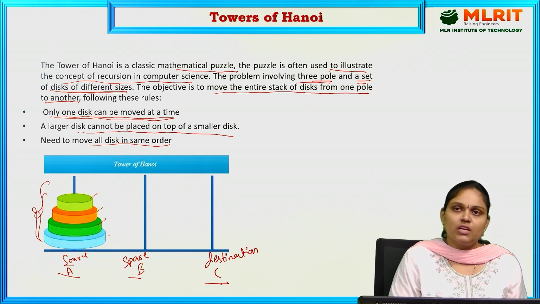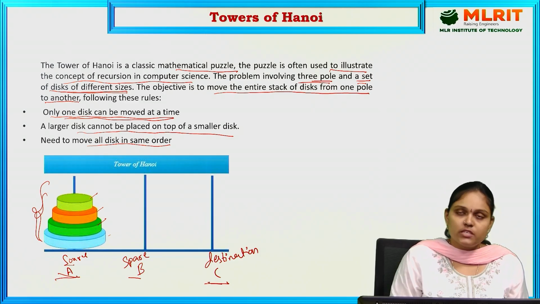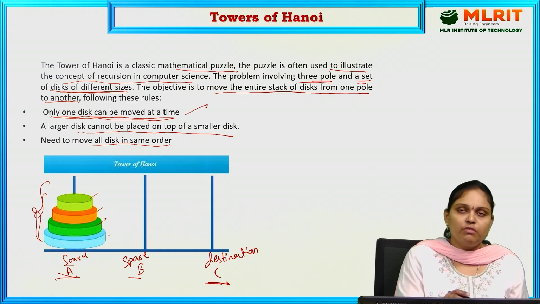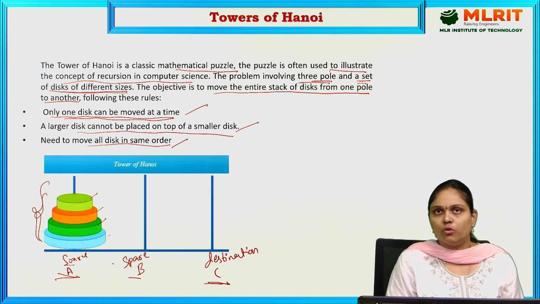So the Towers of Hanoi is a mathematical problem. Here we have 3 poles and some number of different size disks. We move the disks from pole A to pole C, that is, from source to destination, by following some rules: only one disk can be moved at a time, a larger disk cannot be placed on a smaller disk, and all the disks should be moved in the same order. This is one kind of mathematical problem that we are going to solve in the C programming language